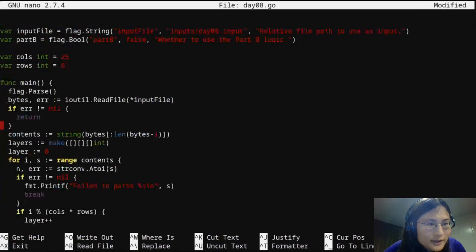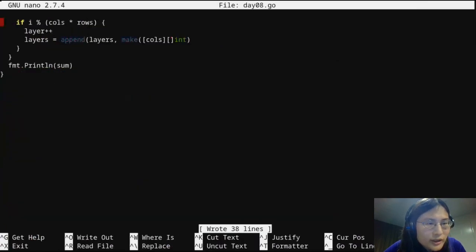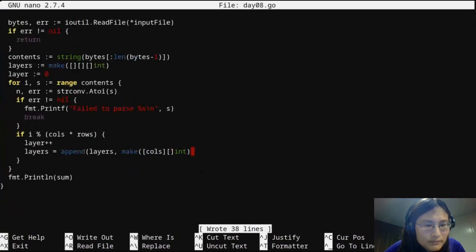Oh, that should be const. Okay. Probably want to store this way.